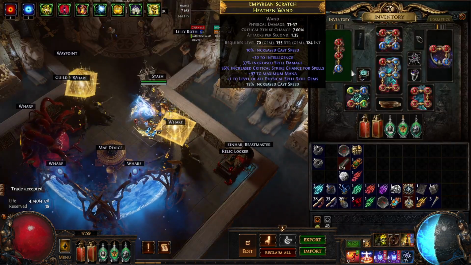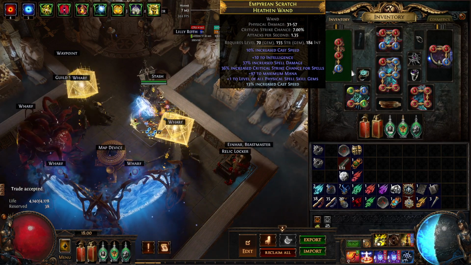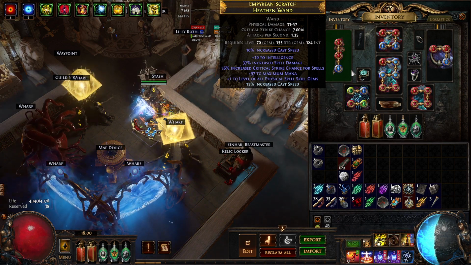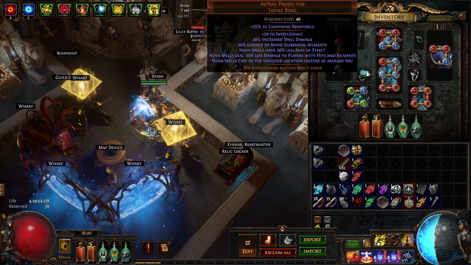So the weapon is still the same. I've just used the cast speed implicit wand with crit and +1. That's all you need. Get as high as you can, but they're in short supply at the moment. My advice would be to craft your own, and I'm going to do the same. The helmet,